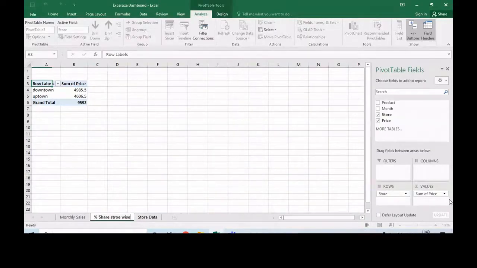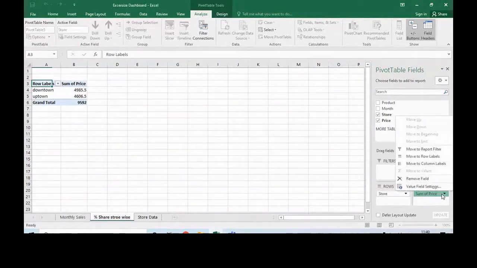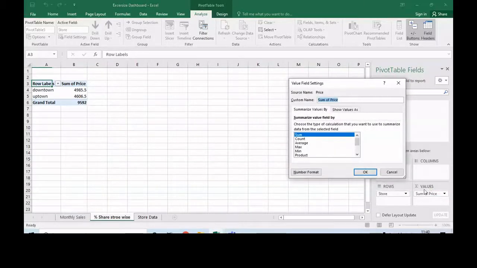Now, when you form the pie chart, you need the data in percentage. So what I do is I click on these values, and you see the value field setting appear in front of you. There are multiple options, but what I need is value field setting. I'll select it.